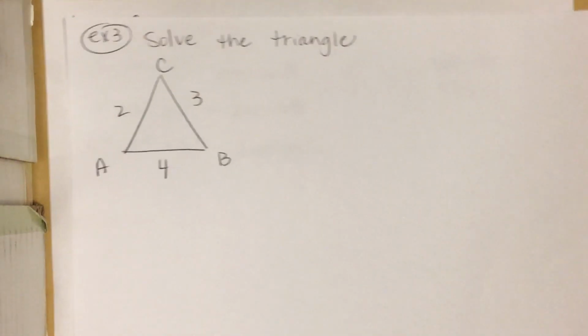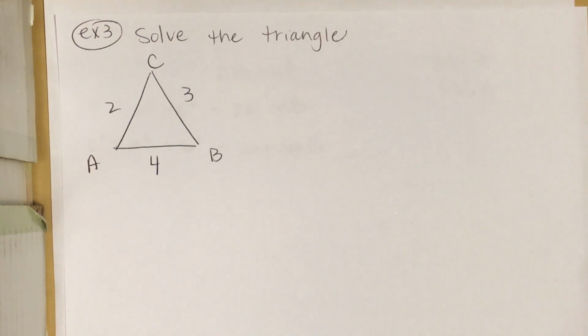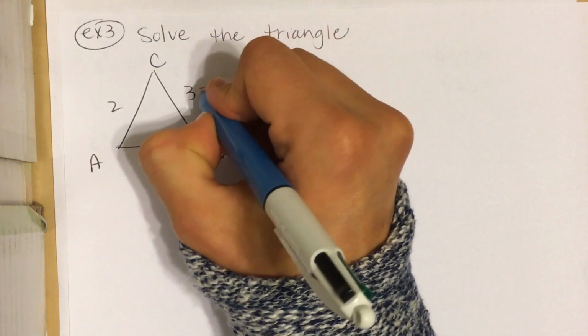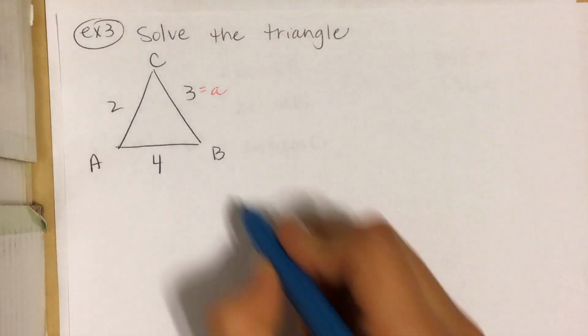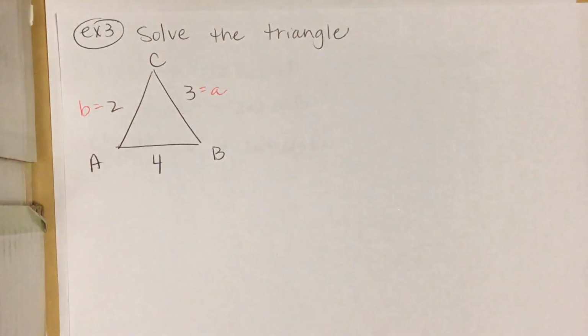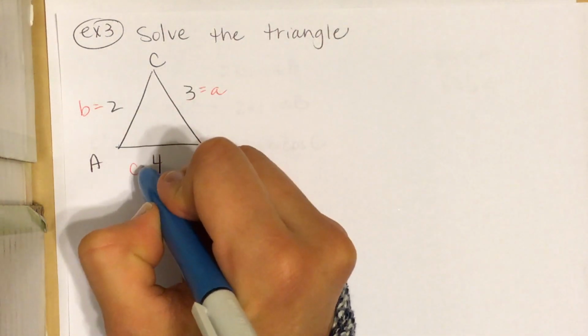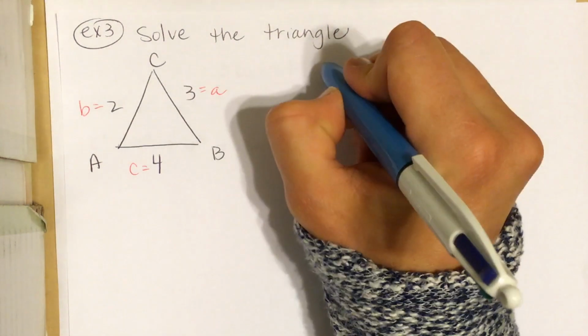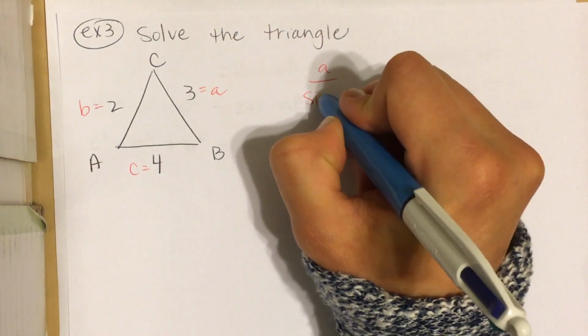Let's start. Example 3, solve the triangle. We are going to start by labeling our sides. Across from angle A is side A. Across from angle B is side B. Across from angle C is side C. If you did not remember that side, side, side is a law of cosines problem, when you try to set up the law of sines,